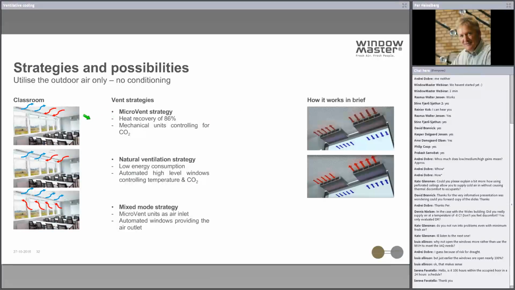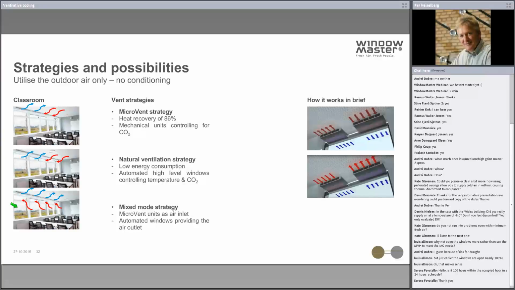So of course, during the winter time, we will primarily use the mechanical ventilation system up here with heat recovery, a large heat recovery efficiency. During the summertime, or in the shoulder season, we will mainly use natural ventilation. And